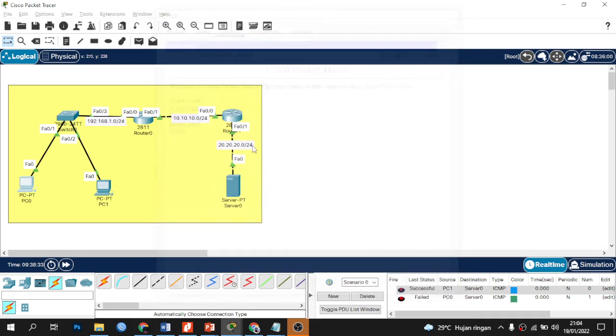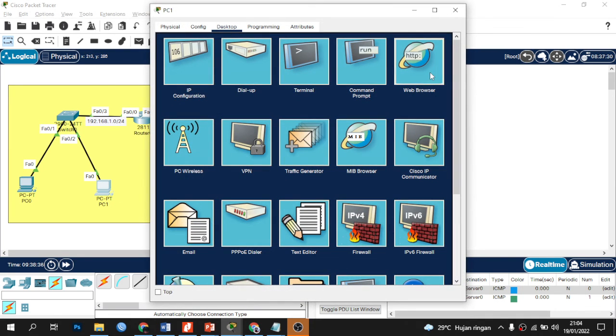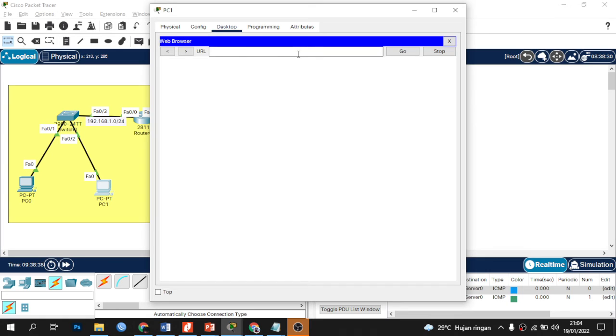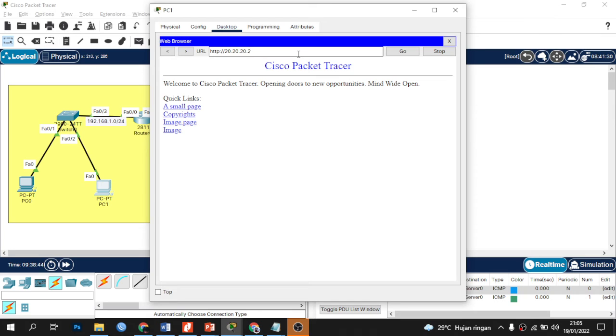Let's try PC 1. You can see PC 1 can access the server web browser and can ping. Different for PC 0, it cannot ping the server, but can access the server web browser.